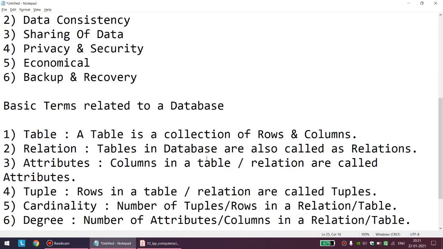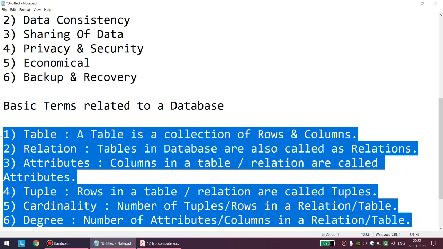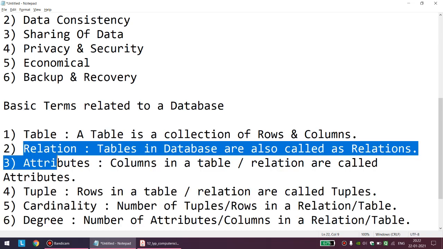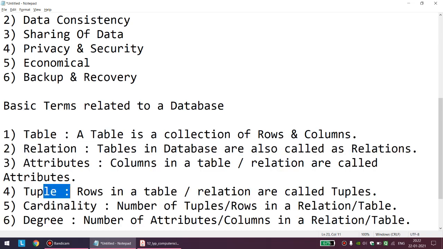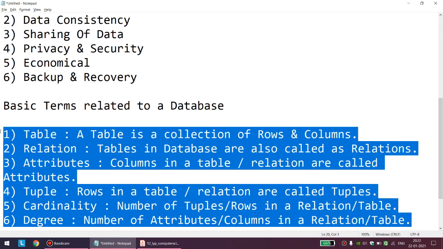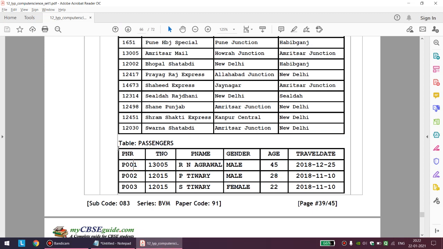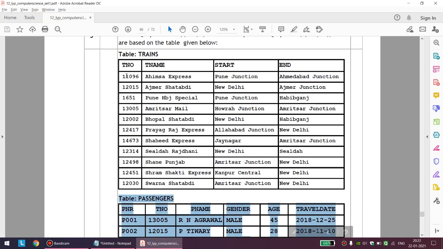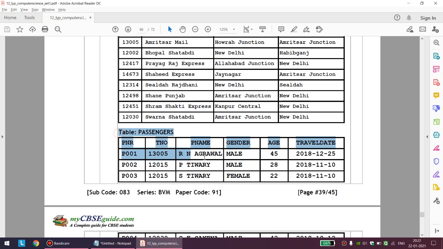Okay students, this video which I am ending just now is one of the very important videos of the concept of database. Because the same words, relation, attributes, tuple, degree, cardinality will be used again and again in 11th as well as in 12th standard. Please pause this video, write all the contents, and make sure that you write a small example. This table will be very big to write. I request you write this example.